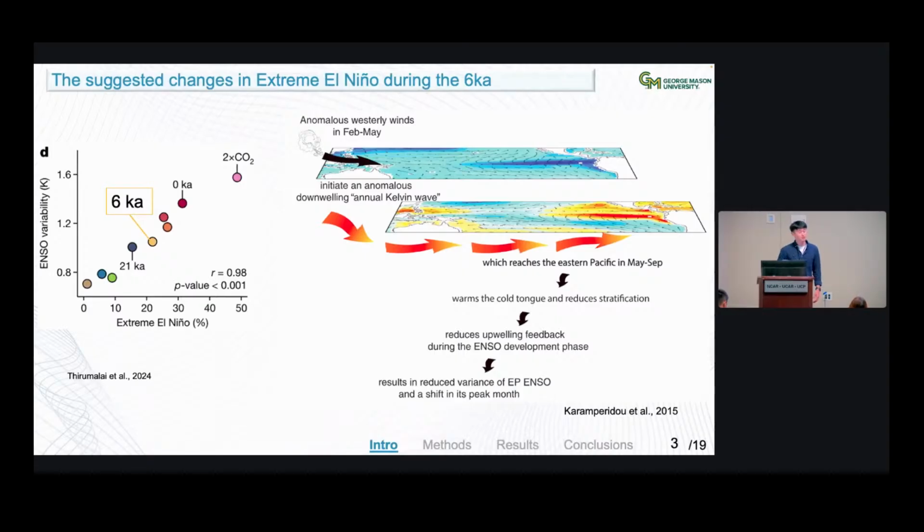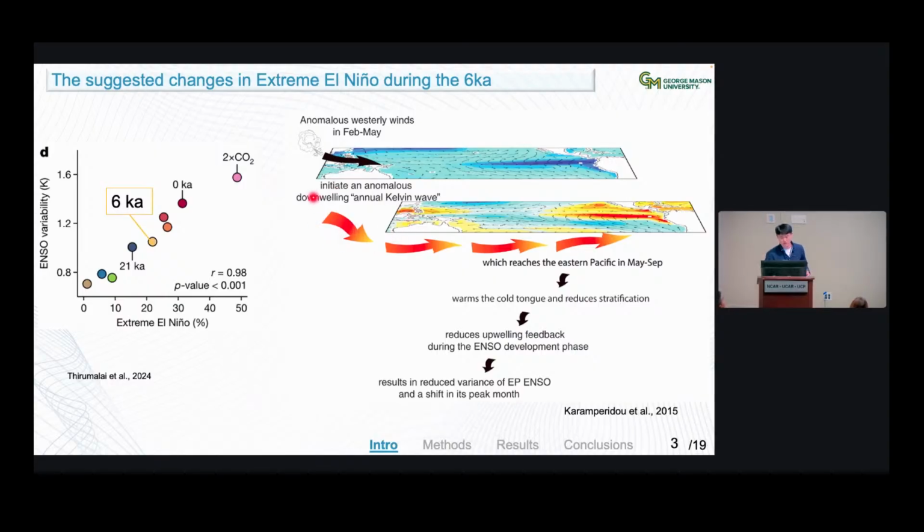There are a few studies trying to understand the changes in extreme El Nino events during the 6Ka. On the left, one study tried to figure out the frequency of extreme El Nino events among different climate mean states, and it turned out 6Ka had a reduced frequency of extreme El Nino compared to pre-industrial or warmer climate. And on the right, there's one possible mechanism to explain these changes, which starts from anomalous